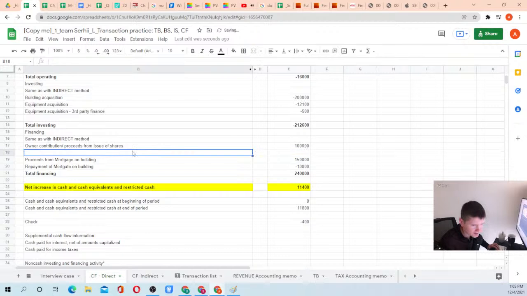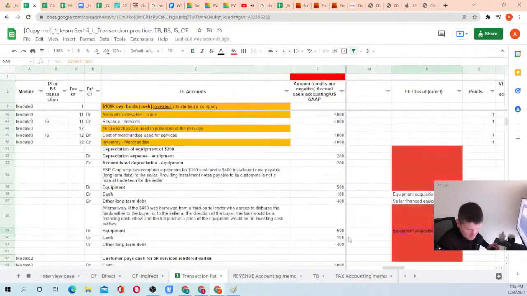Let's add it here, and we should show $400 cash inflow from financing. Let's call it third other